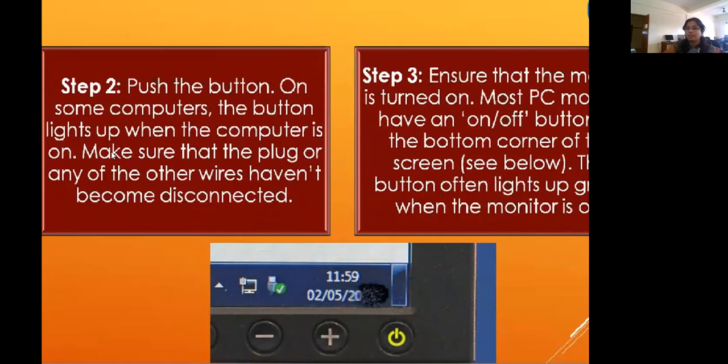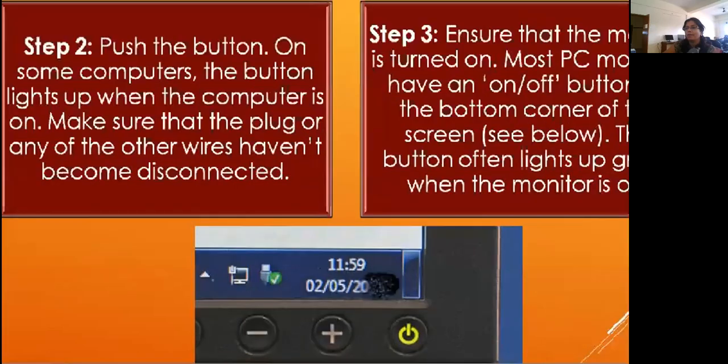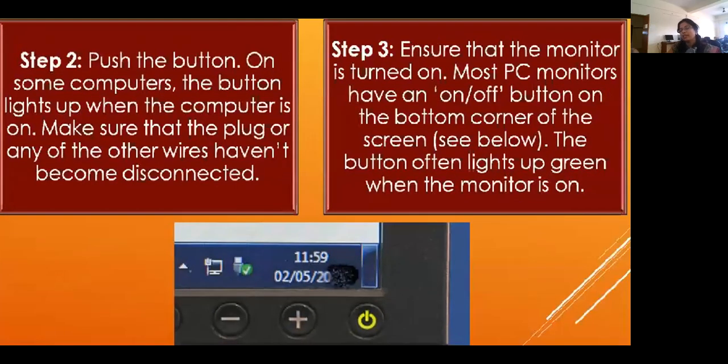So the button lights up when the computer is on. Make sure that the plug or any other wires haven't become disconnected. The wires of the computer should be properly connected. The monitor, CPU, keyboard, mouse, everything should be connected properly, with no loose connections.